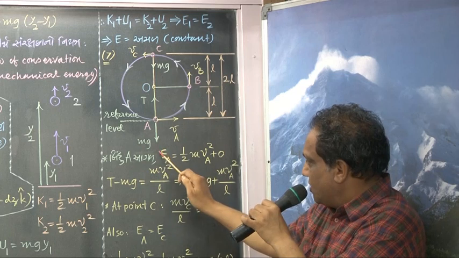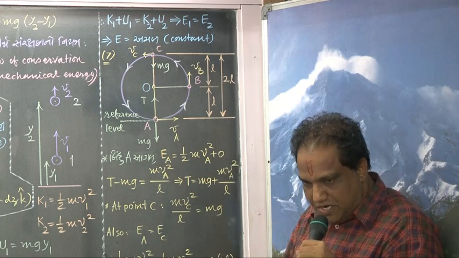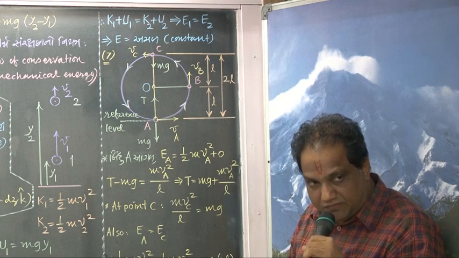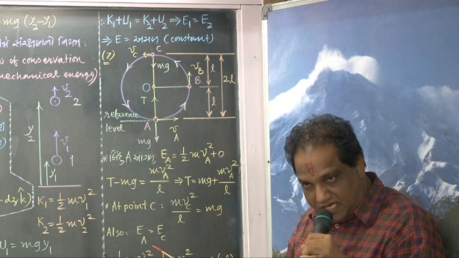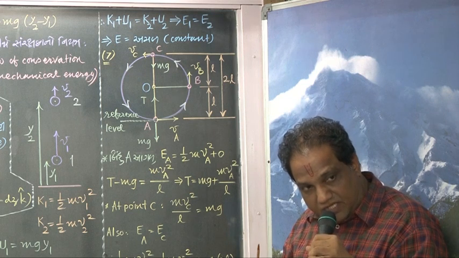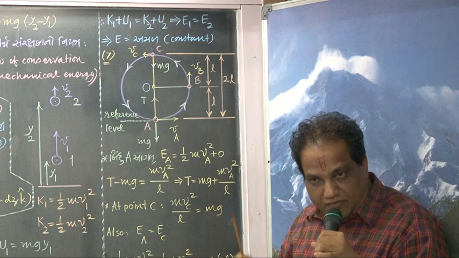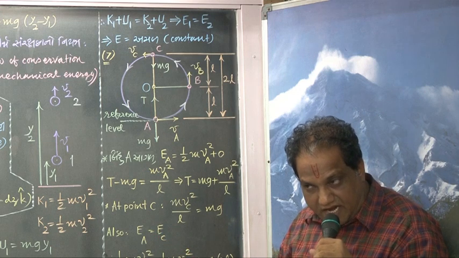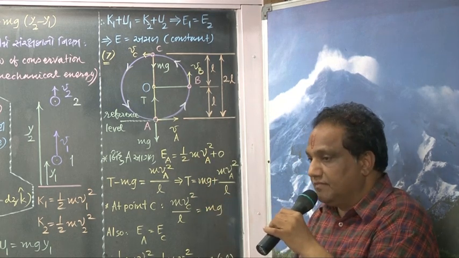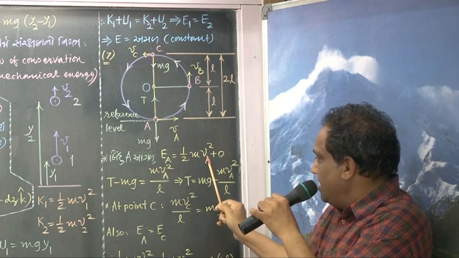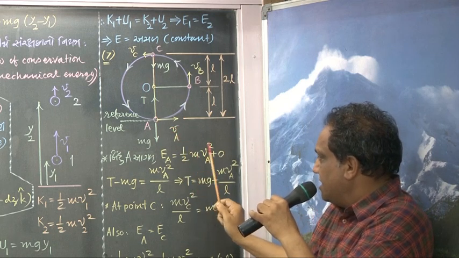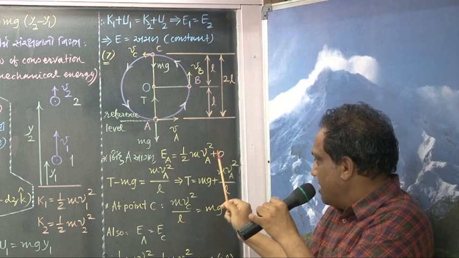At point A, let us find out the mechanical energy. What do you mean by mechanical energy? Summation of kinetic and potential energy. Be attentive in the class. When I am asking you the question, if you are not responding, it means you are not paying attention. Kinetic energy is half mv square, but instead of v, we should write VA because we are talking about point A. So I should write half m VA square plus potential energy.